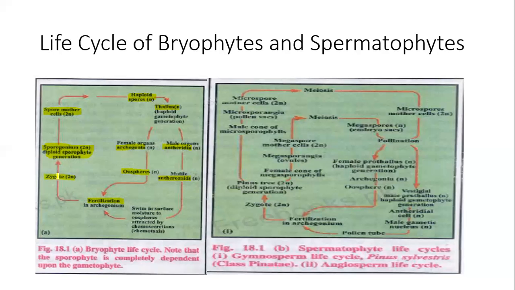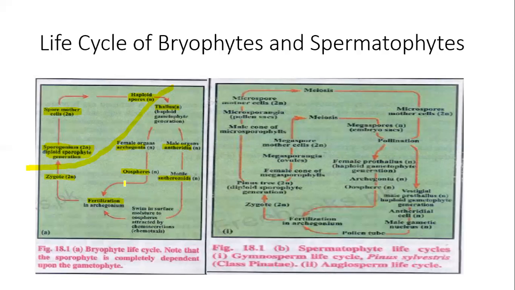This zygote will again change into the sporophyte generation, and similarly these two generations, sporophytic generation and gametophytic generation, alternate with each other, so this is also called alternation